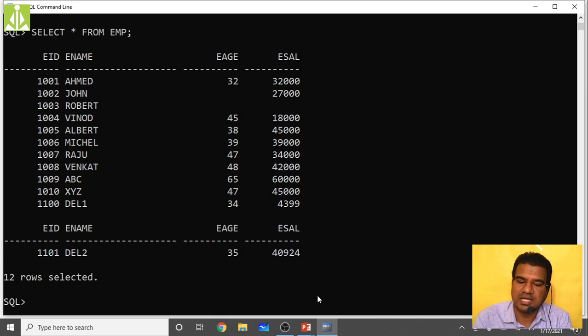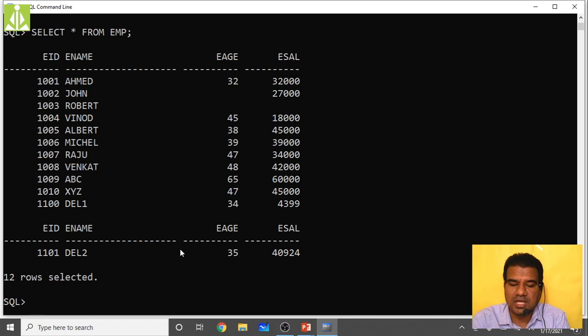When you see this, don't think that it is creating another table. It is also a part of that table only. It is just repeating the table heading, so as to avoid the confusion about what is ename and what is EID. It is just creating another frame. We can call it a frame.